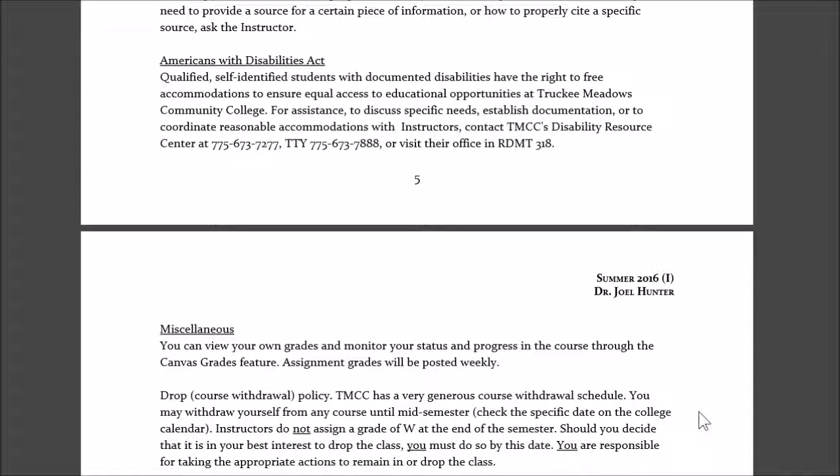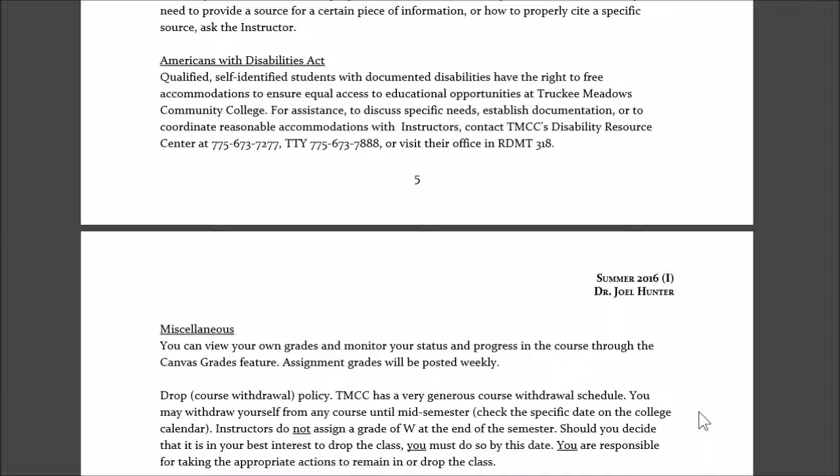contact them to get the paperwork that you need, and then they reach out to all your instructors and coordinate with us about accommodations. So some of you will get maybe some extra time on the quiz or an assignment. So it could be other things too for an online course. But if you do have a documented disability, be sure to pursue that,